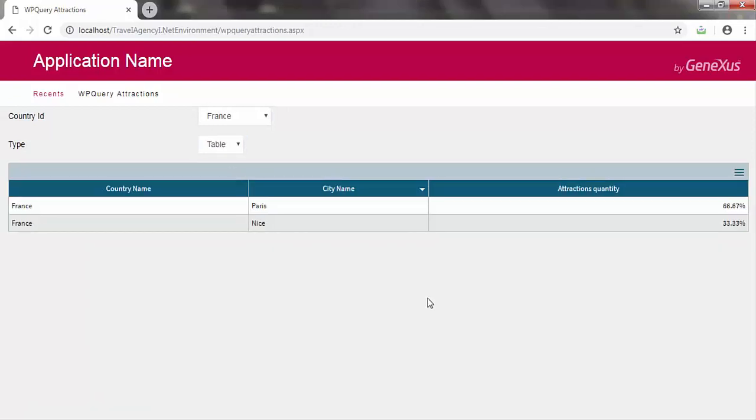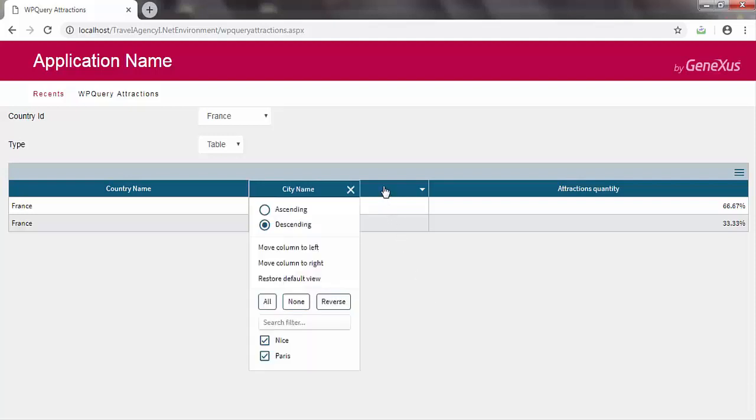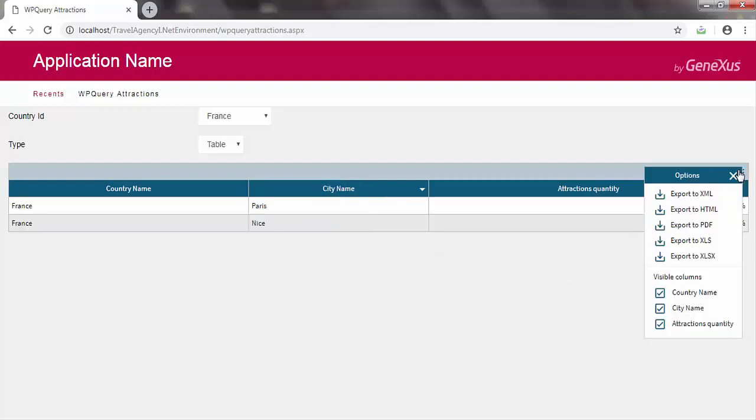Note that for each column, the table format enables us to sort in ascending or descending order, or to show or hide values. And from here, it's also possible to export the outcome in various formats.